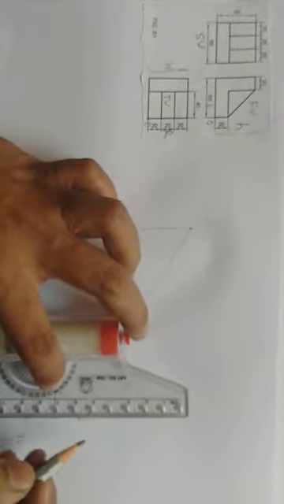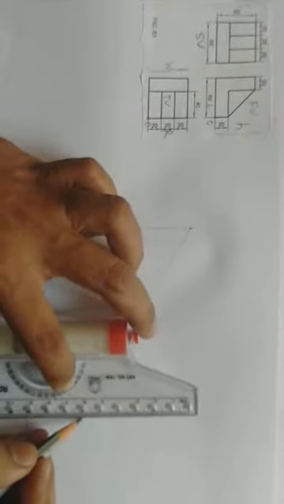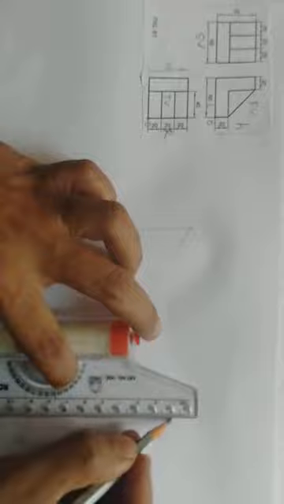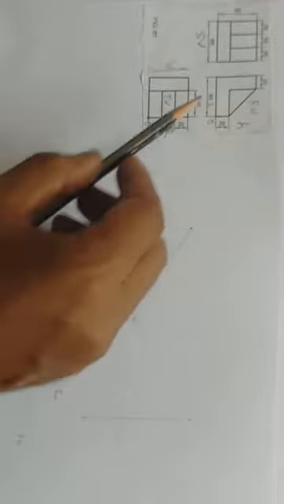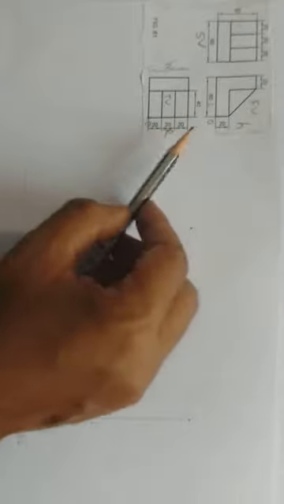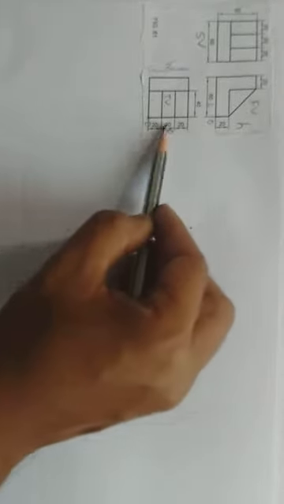So now I have drawn one vertical line. On this line I will take the similar height, which is 60, because the total height of this particular component is 60. So at this point I will join these two lines. If you see, I have completed this particular left side. This will be the left side of this component, and this will be the right side of this component. Right side means this side, again in the top view.